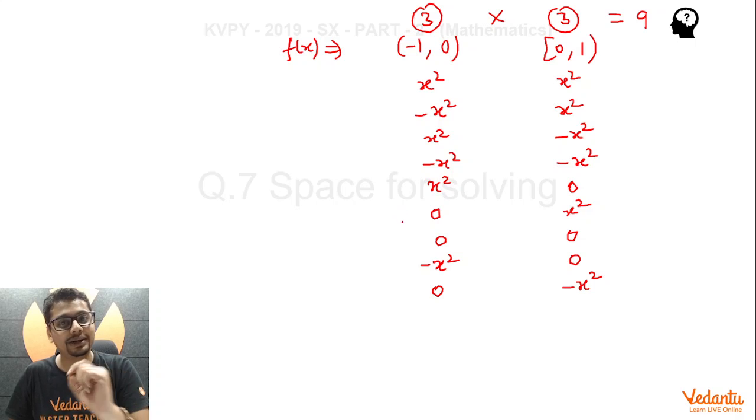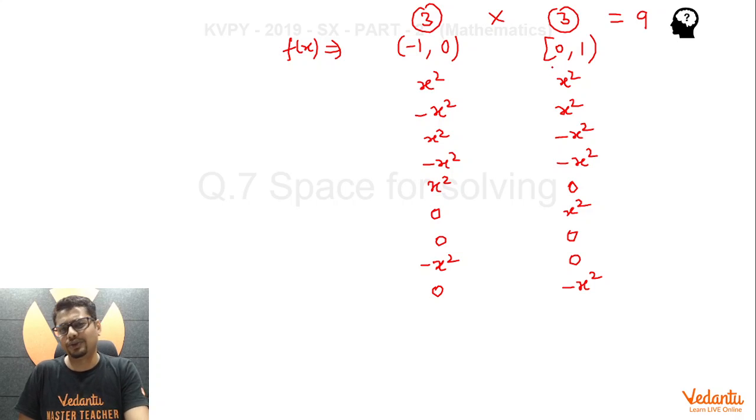Still, let me elaborate a bit more. You may be confused here. Okay, sir, what if I take closed here and open here? Oh, that would not matter. Why? Because anyway, at x equal to 0, first of all, continuity is there and differentiability is there. So whether you take closed here or here, it would not matter. There will be exactly 9 such different functions which f of x can be, satisfying all these conditions. So D is the answer.